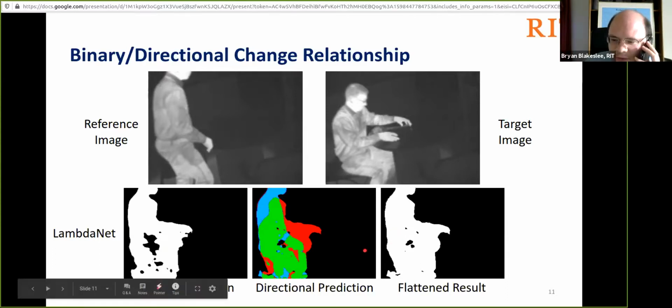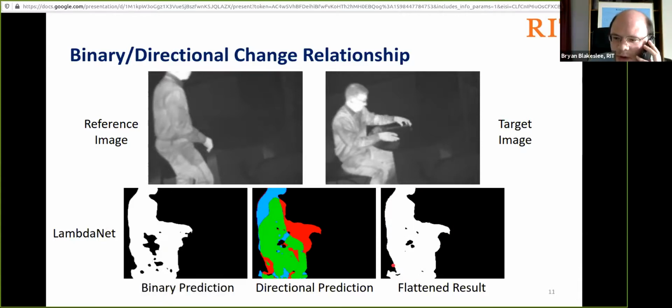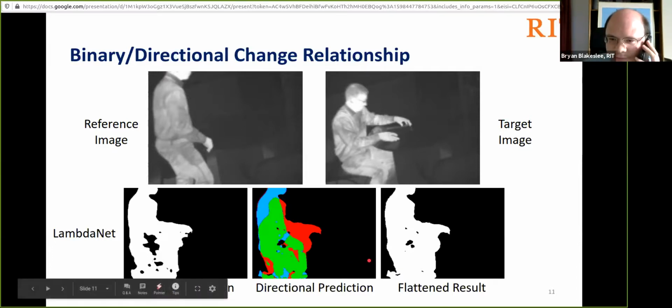Now, if you flatten that directional change result, you actually end up going back to the binary case, indicating that directional change is really a mechanism by which you can take a binary change prediction and subsegment that according to what objects were added, removed, or exchanged.